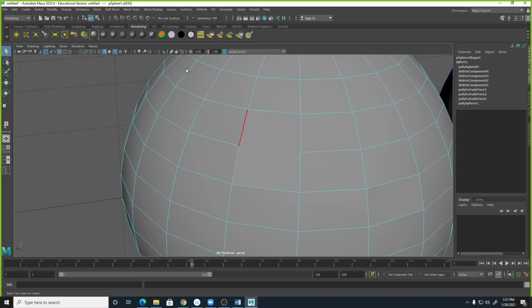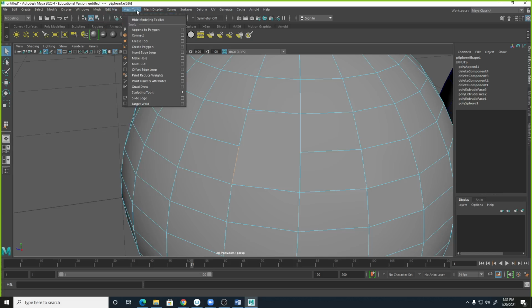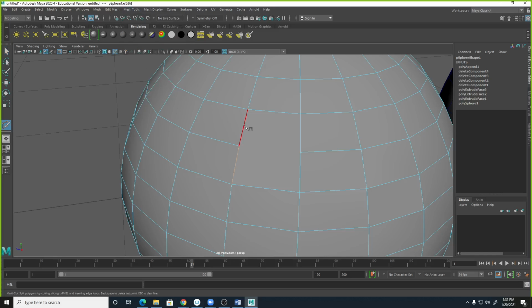To split it, you have edit mesh and polygon under mesh tool. It's the multi-cut tool, and then you can cut by clicking on the existing edge and dragging until you stop at the corner. Click, stop, and press enter to execute it. I'm going to undo this again